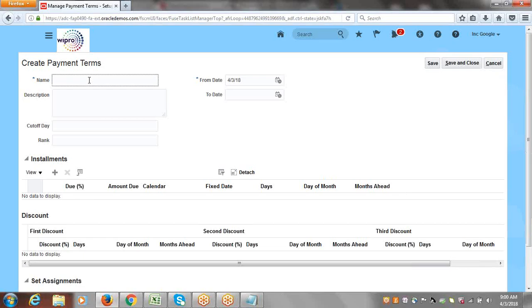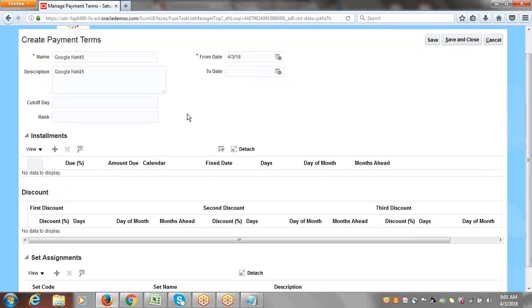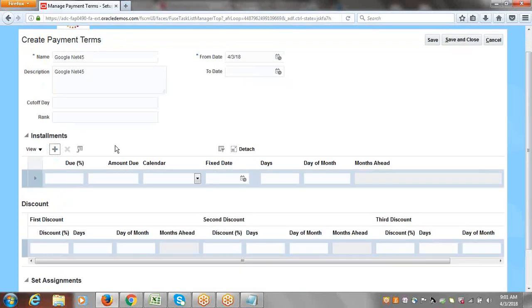We'll create one payment term called Google Net 45. Okay, let's create with this name. And here you can specify the installments, the same way we create payment terms in EBS, the same process. Just click on add installments. Here you can say, since we are creating a 45 days payment term, 100% due should be cleared within 45